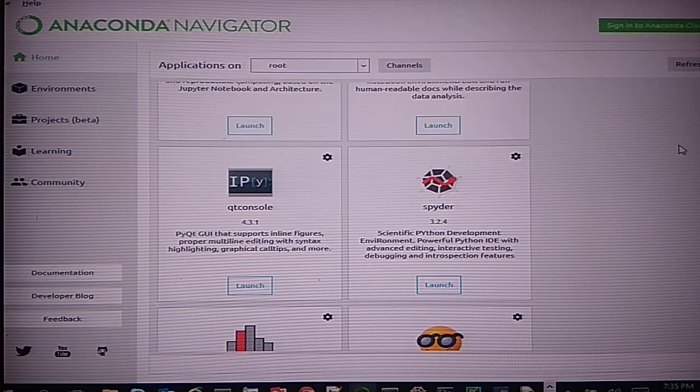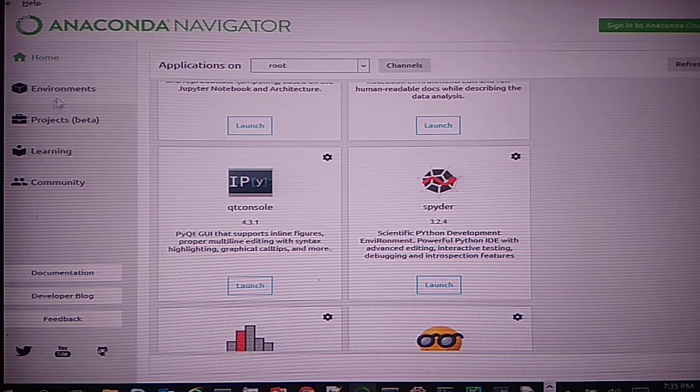Coming to the benefit of Anaconda, we discussed that Anaconda comes pre-installed with a lot of packages that a normal Python does not provide. So how can we check the packages that are currently available with Anaconda Navigator? If you can see this screen, on the left hand side I have an environments option.